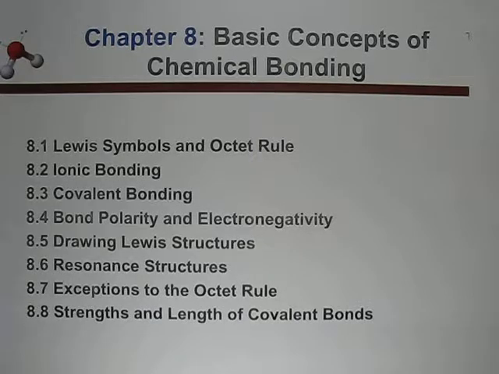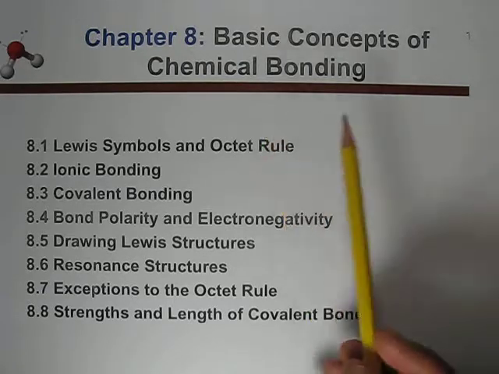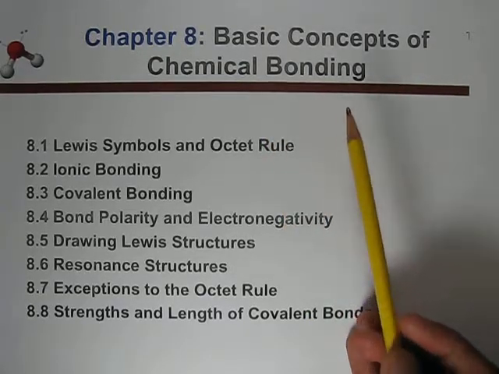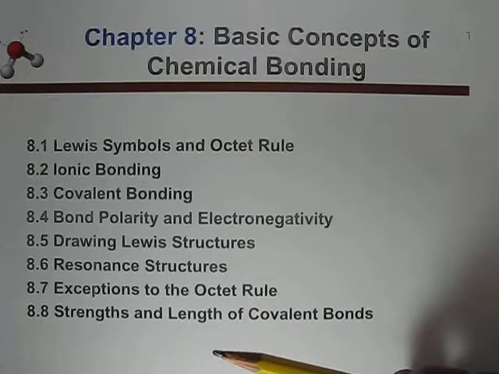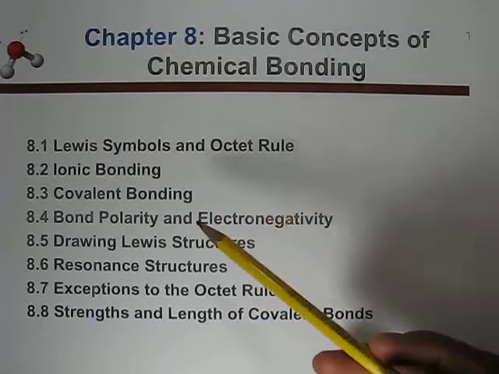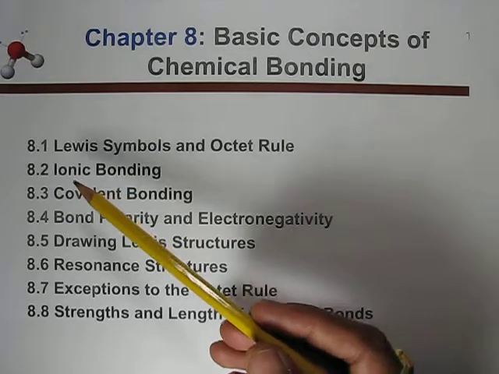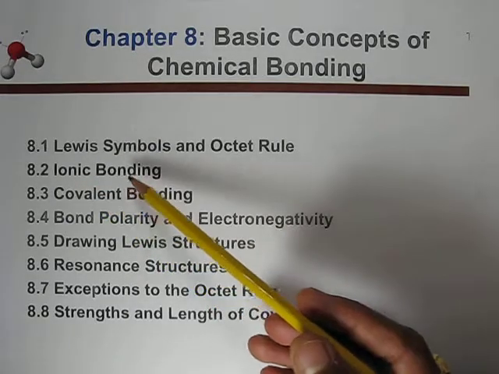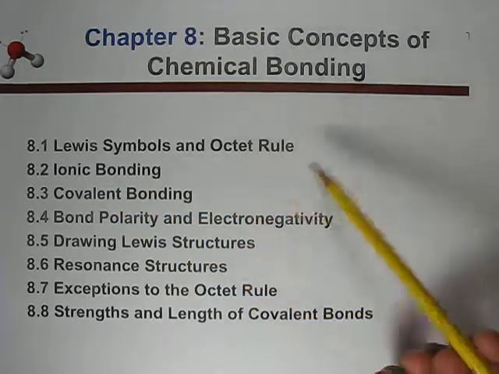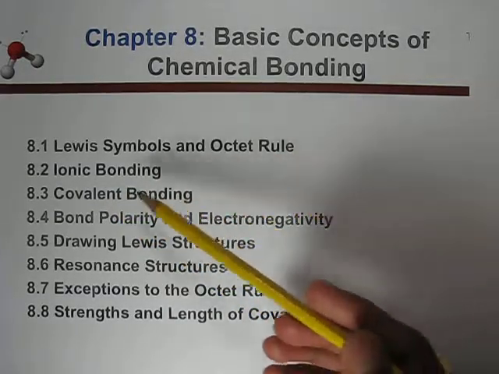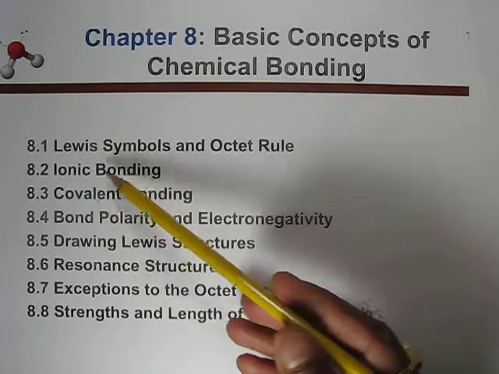Hello students, in this video we will study chapter number 8, which is the basic concept of chemical bonding. Basically, in this chapter we will study how atoms are bonded to each other to make a compound. There are mainly three types of bonding: ionic bonding, covalent bonding and metallic bonding. We are not going to study metallic bonding, but mostly ionic bonding and